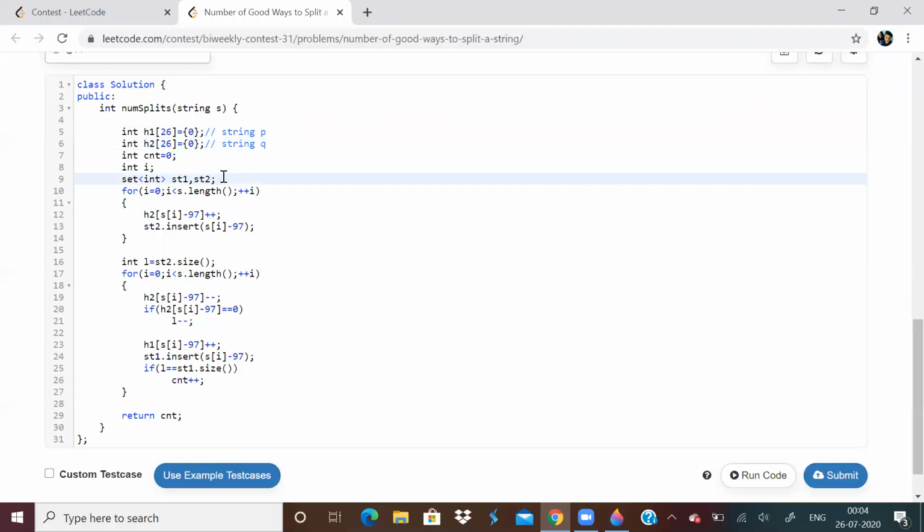I am taking two sets. I've taken a set of integers. Basically, I'll be putting the ASCII value as an integer in the set.